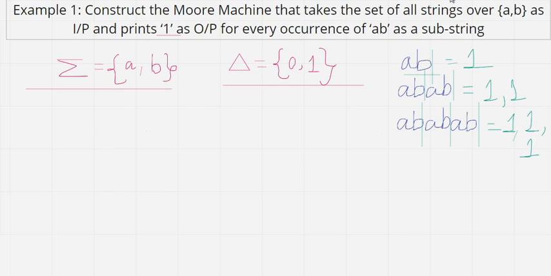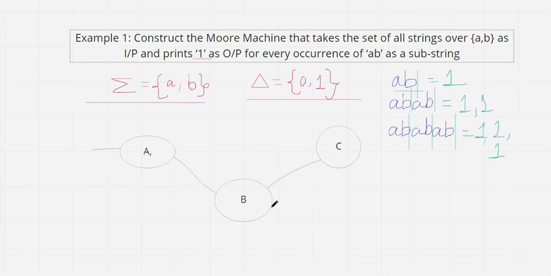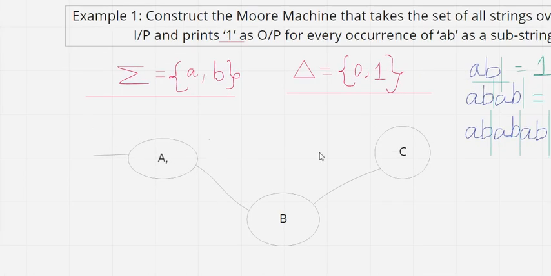We will start with the initial state first, as we do in finite automata. Okay, so we got this. I have taken 3 states, A, B and C. Let me increase the size so it will be easy. Why have I done it like this? Because you already know we are having the initial string ab. That means one transition will be for a and the other will be for b, correct? So definitely I have to take this transition as a, and this particular transition will be for b. I think this is clear to everyone. So this is for a and this is for b.